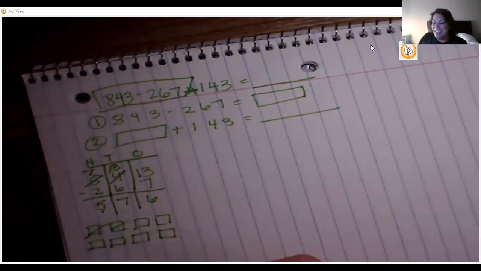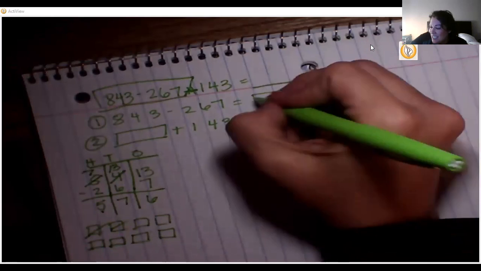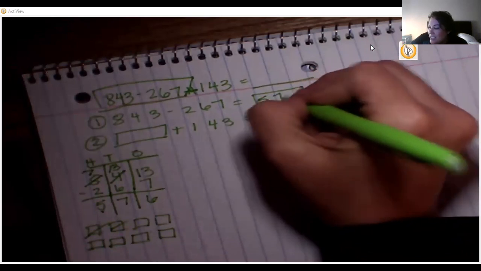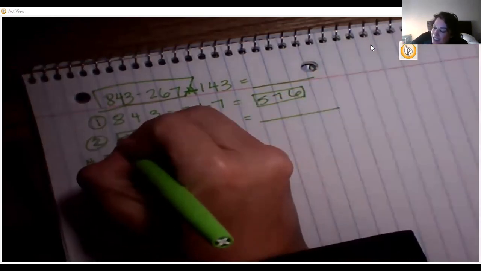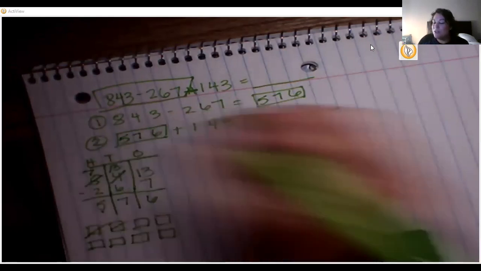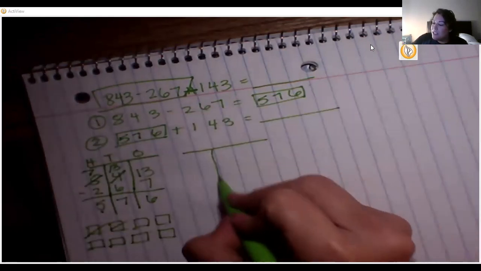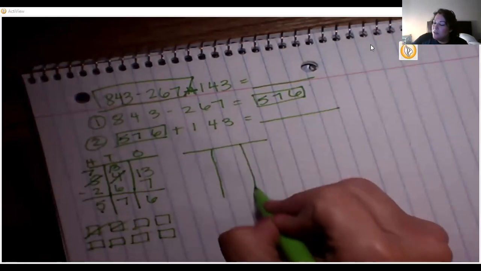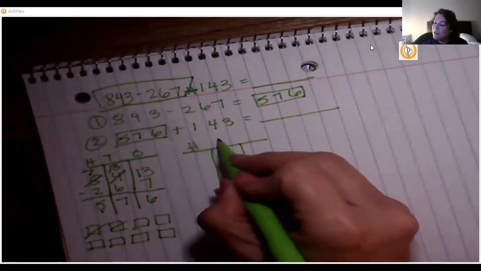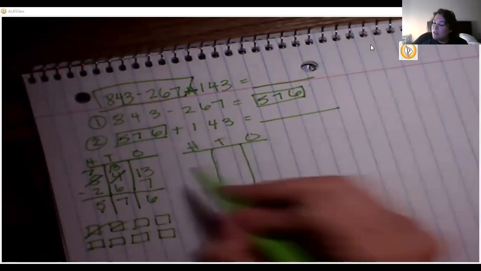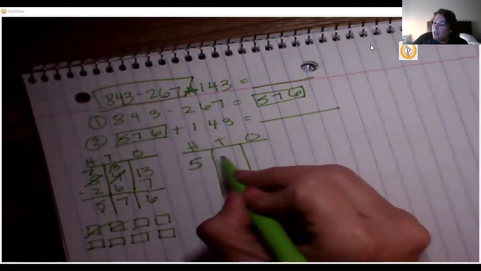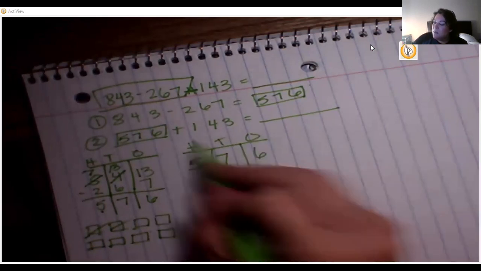It's only 1 away. I think we did great. 576 will lead me to step 2. Solve, or set up, I should say, your step 2. $576, and I'm going to add